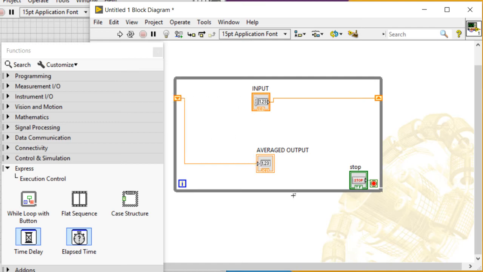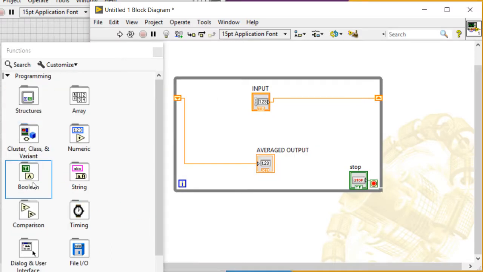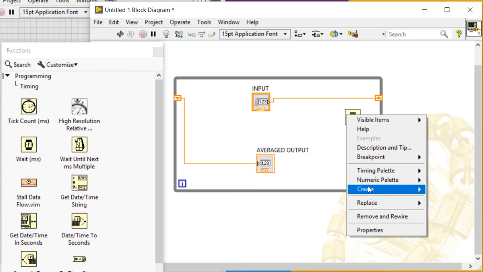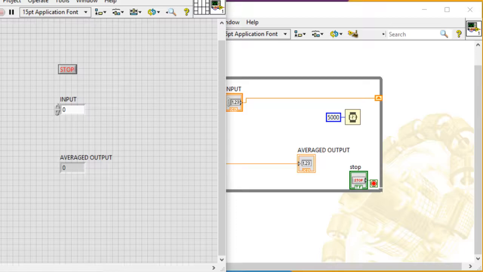So as a quick demo, I'm going to put a really long timer in. I already have my tools open. So I'm going to come back over here. Programming, timing, wait. I'm going to create a constant on that timer. I'm going to make this something really long, 5,000 seconds, let's say. And we're going to look at a tool to figure out exactly how this implements, but what should happen is